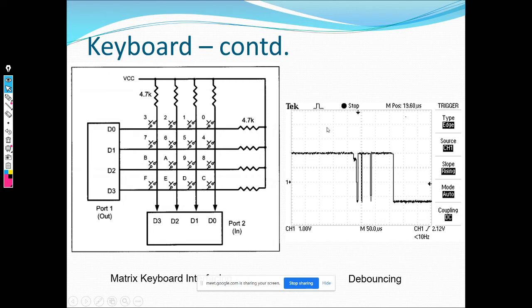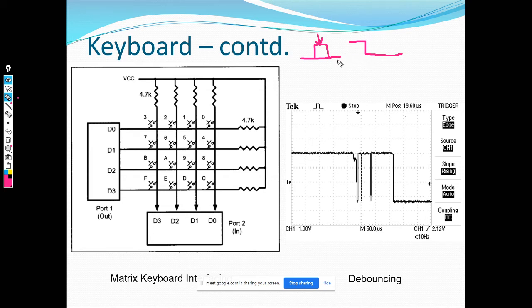We were also talking about debouncing, right? So if you think about your keyboards at a human level, you're just going to push a particular key. Let us say you're going to push down key A. Okay, so you think that you're pushing the key like this. So you have a push button, you have the key button here. So the moment you push it, it's supposed to go from here to here, right? So that's how you are expecting the behavior to be. But in reality, that is not the case, because humans are first of all not very accurate, and the second thing is